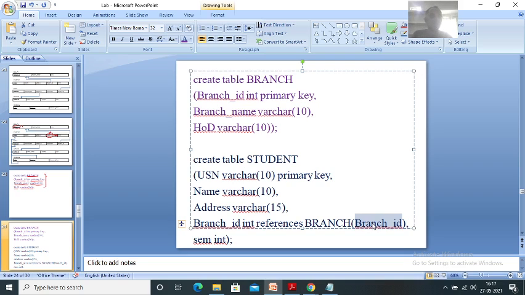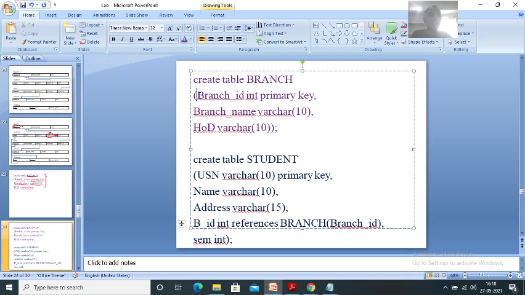Must be same. Here you can have a different name. BID you can take, no problem. BID is a foreign key because it is from which table? Branch table. In that table, which column? Branch ID column.